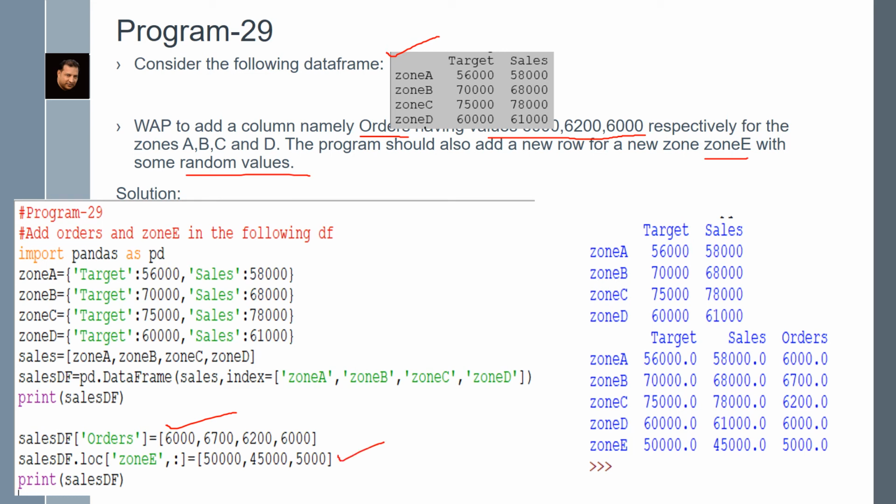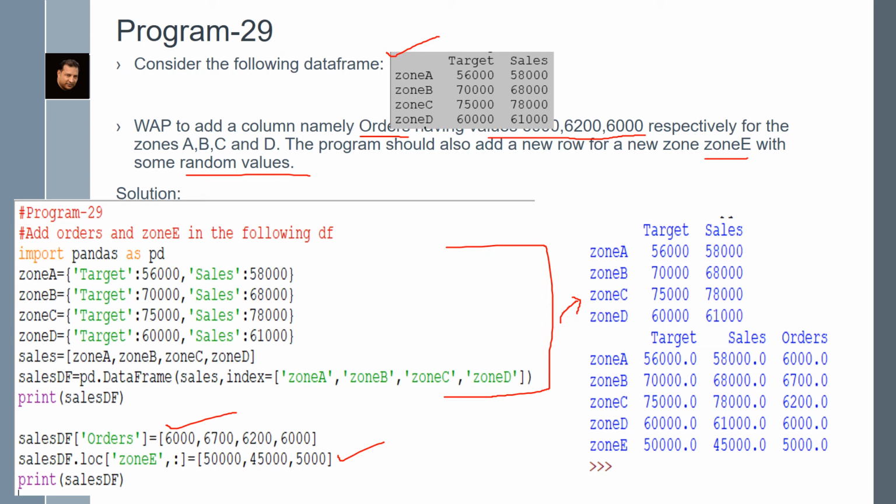Now see the whole program. This is the same coding till here. With this we get this output. Now what you have to do? To sales df, you have to add the orders column. You just write sales df within square brackets orders is equal to, and give 4 values as given in the question.